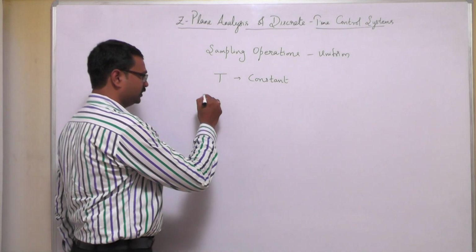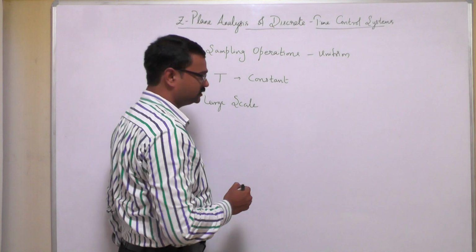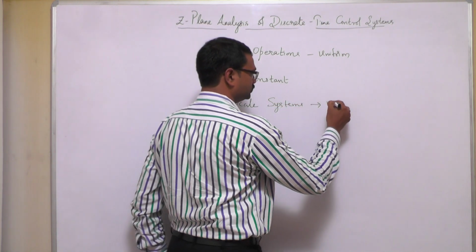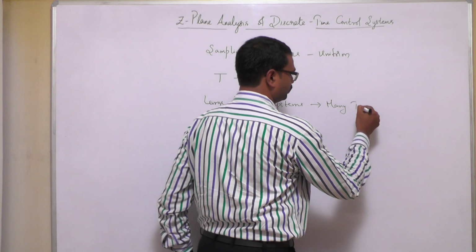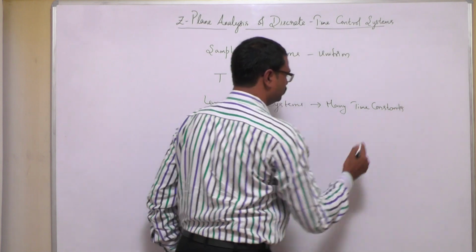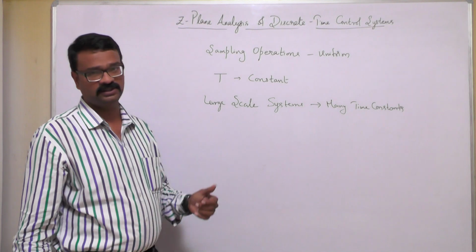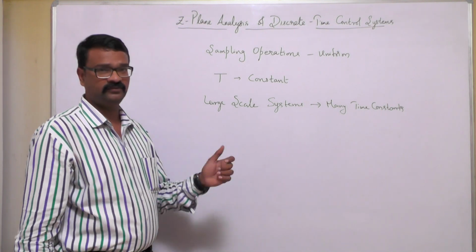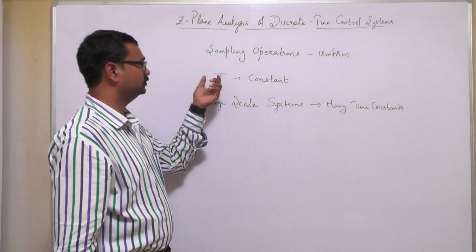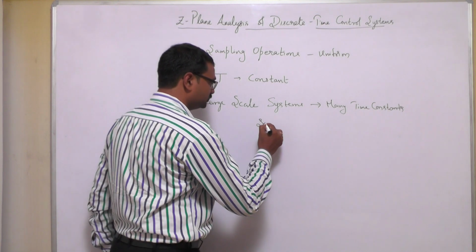That is, if you have a large scale system or a multiple loop system, where you have many time constants, and the time constants are not equal, they vary from loop to loop. Therefore, you will not have a particular Z transform. Therefore, you should be in a position to synchronize